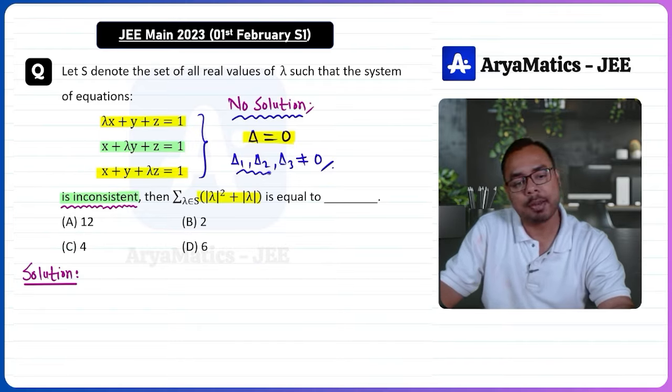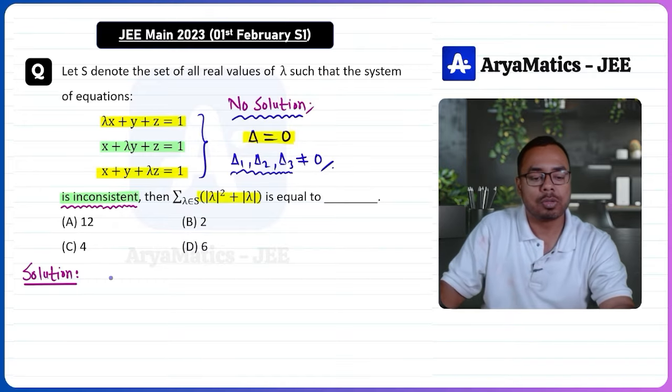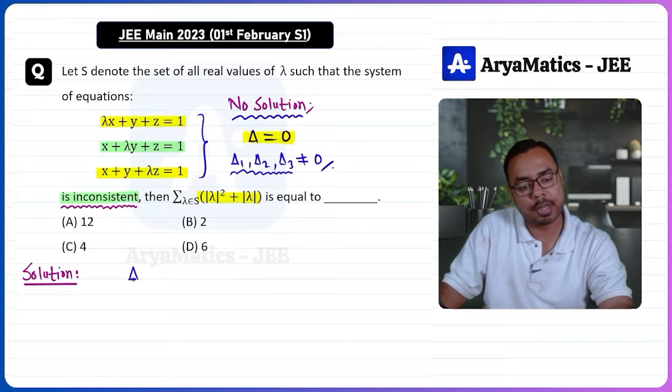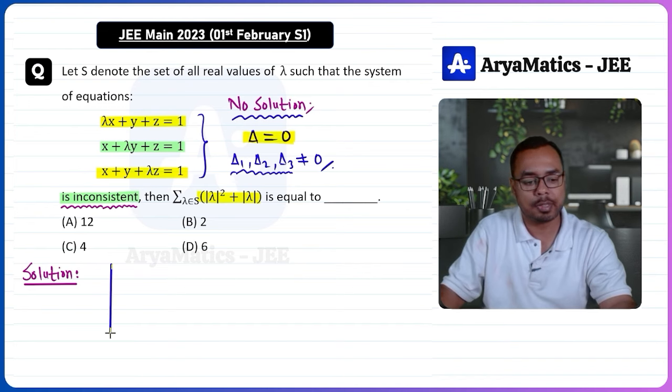And then we'll see, for those values of lambda, what should be the values of delta 1, delta 2, and delta 3. So here, for inconsistent or no solution, the condition is delta is 0. If I equate delta to 0, that is, if I equate the determinant of coefficient matrix to 0, then